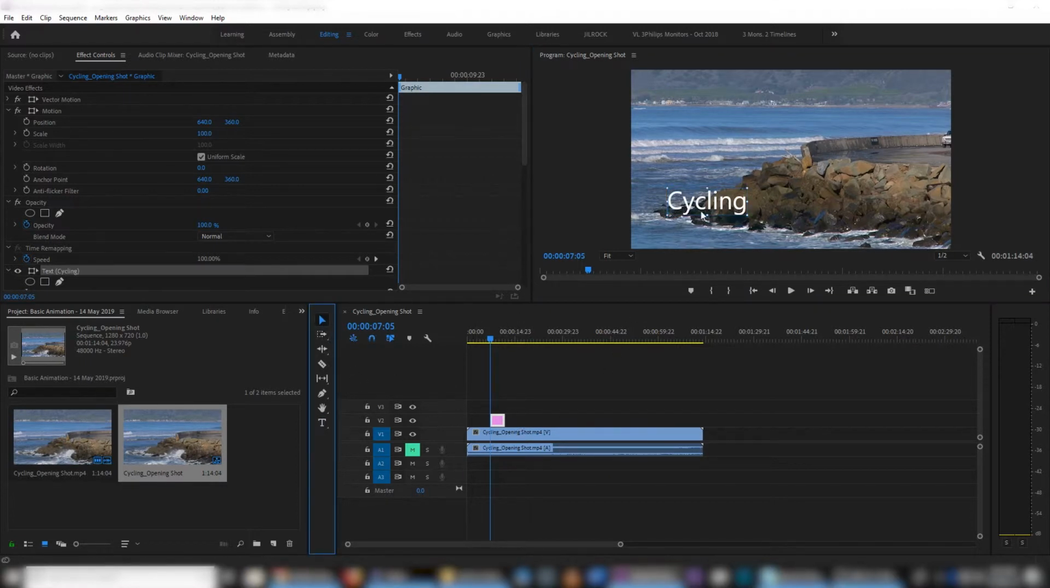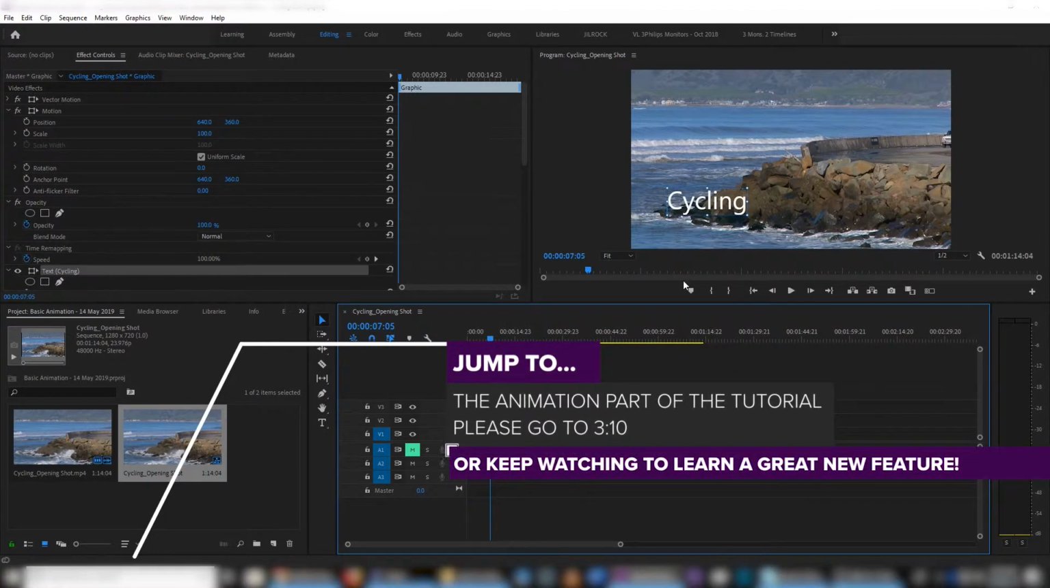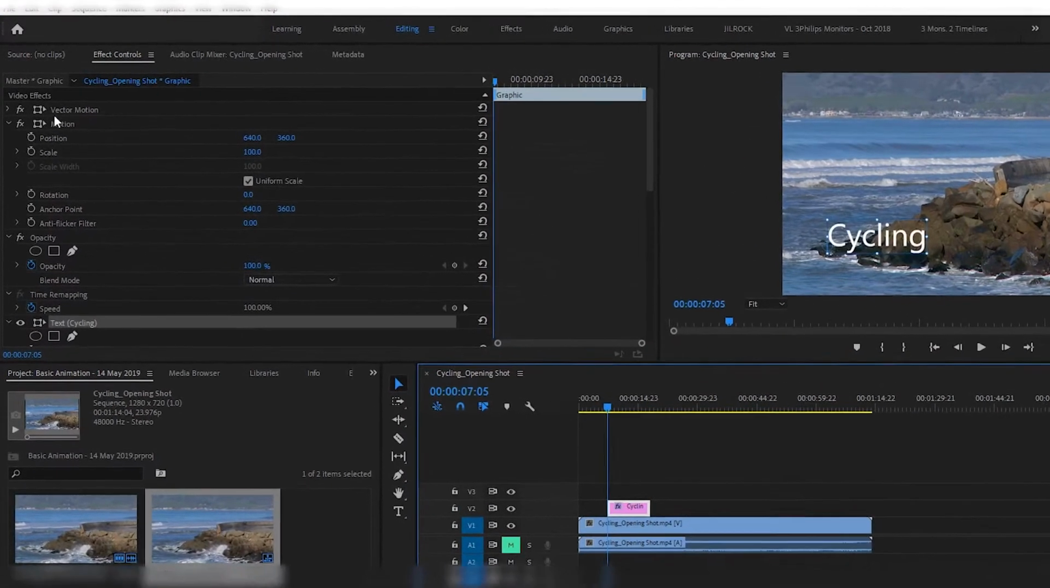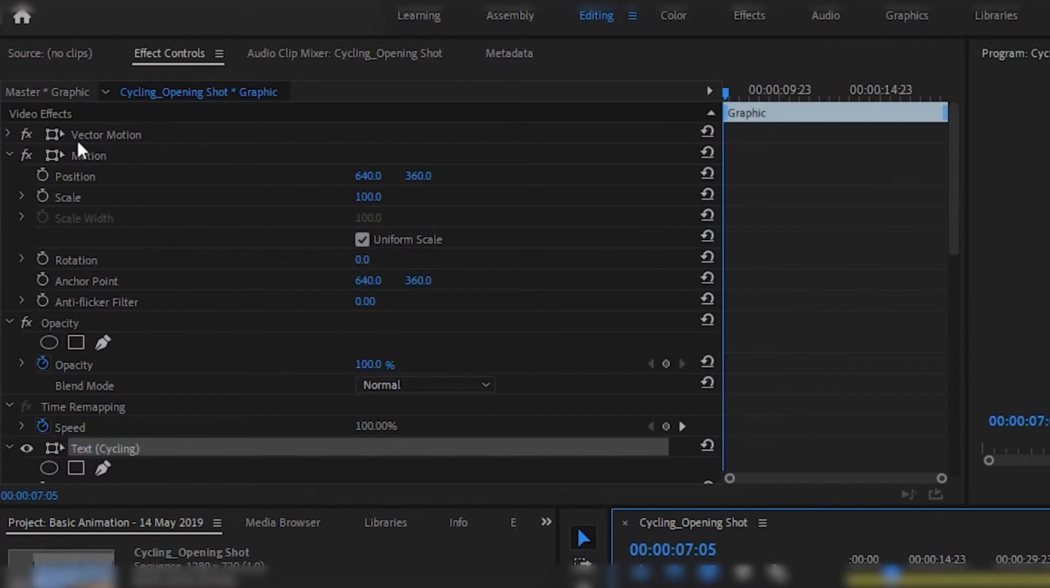Before we look at how this cycling title could be animated, I'd like to quickly talk about a new feature that Premiere has brought in very recently, I think around March, April 2019. If you have this cycling title selected and you come up to your effect controls tab up here, you will notice that there is a new property titled vector motion. So we have been used to seeing the motion property up here, but there's a new property called vector motion,